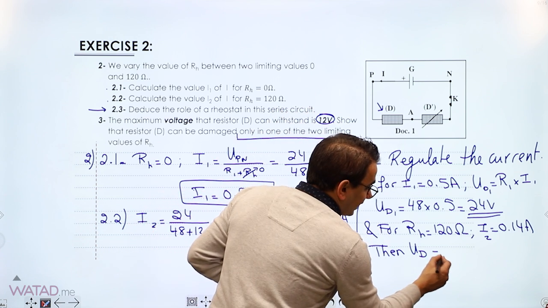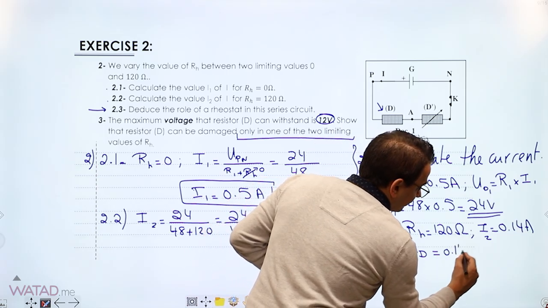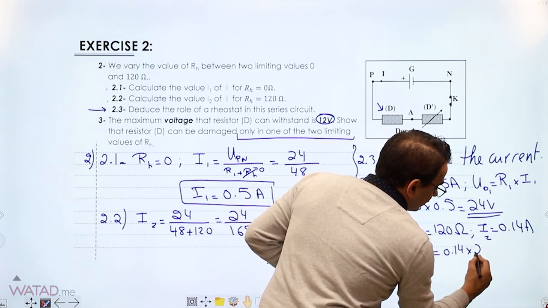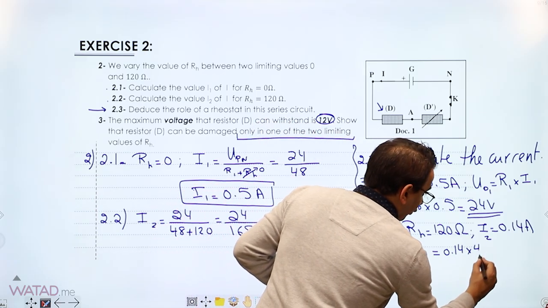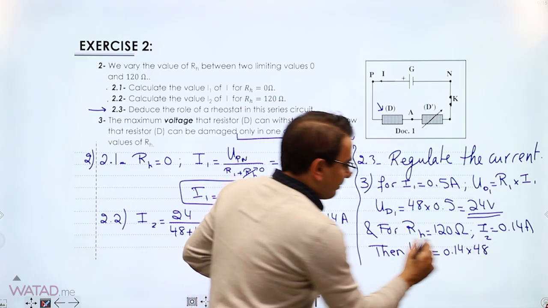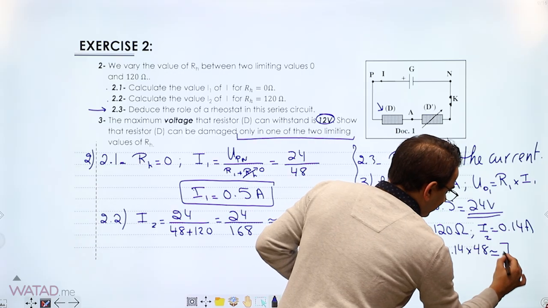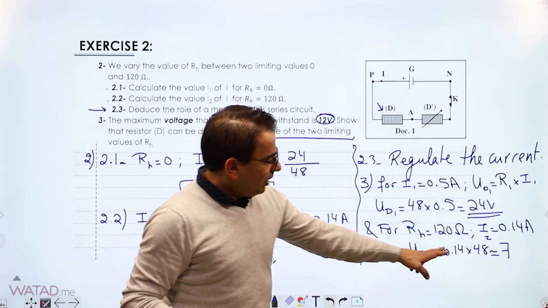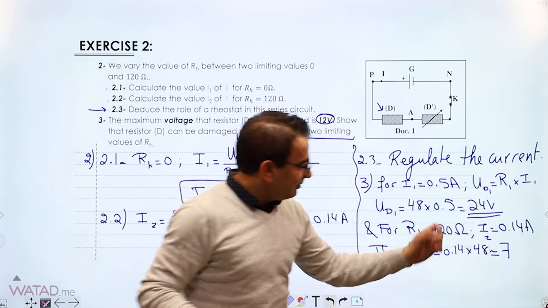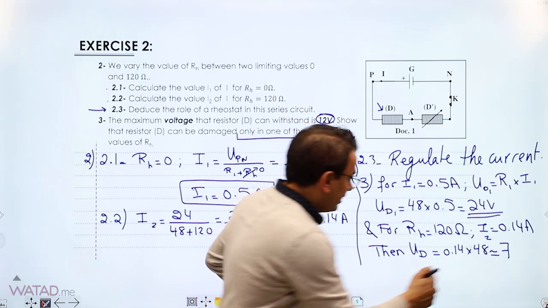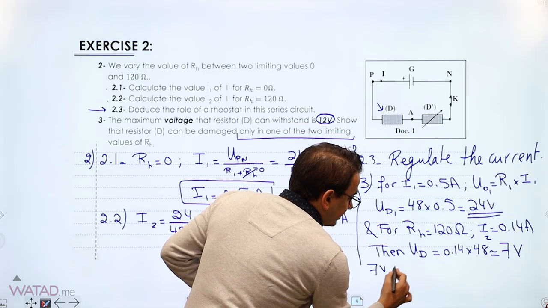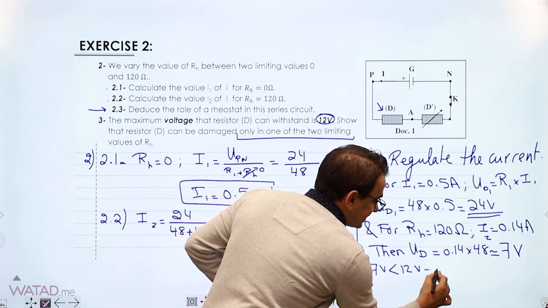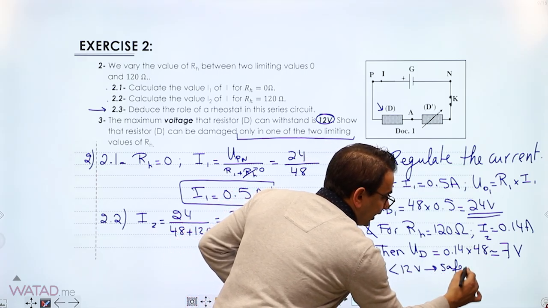UD becomes 0.14 times 48, which is approximately 7, okay? 0.14 is 1 over 7. 48 over 7 is around 7 volts. Okay? 7 volts is less than 12 volts, then it is safe,